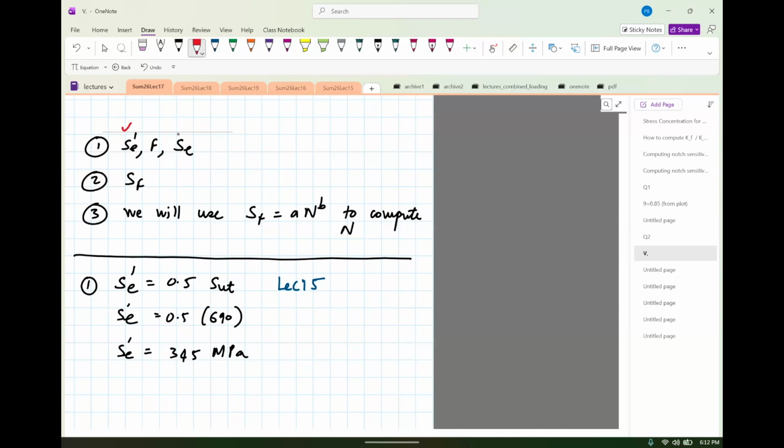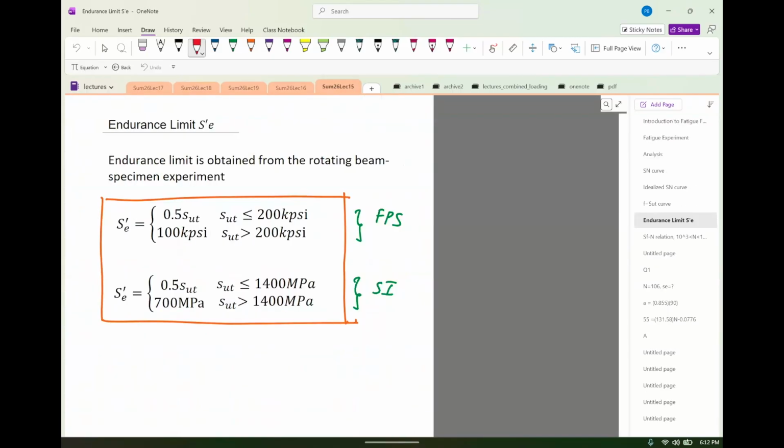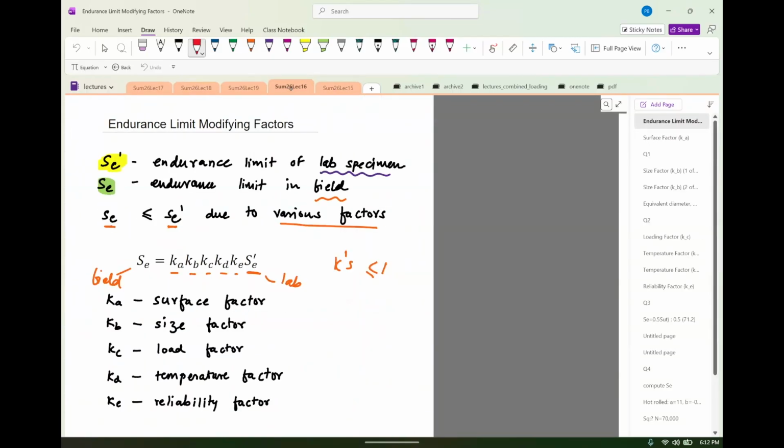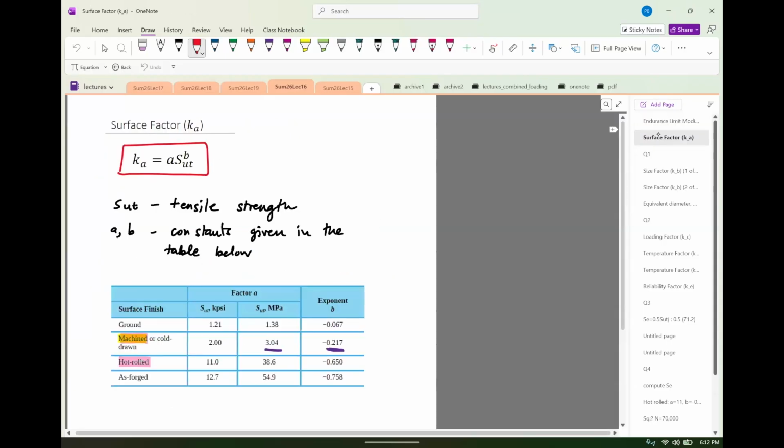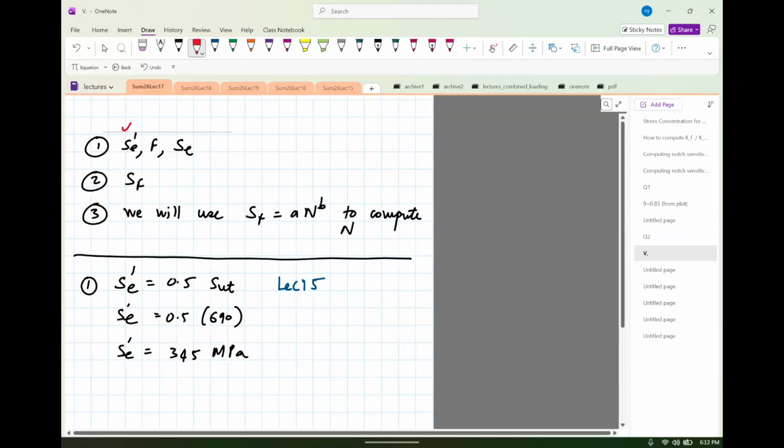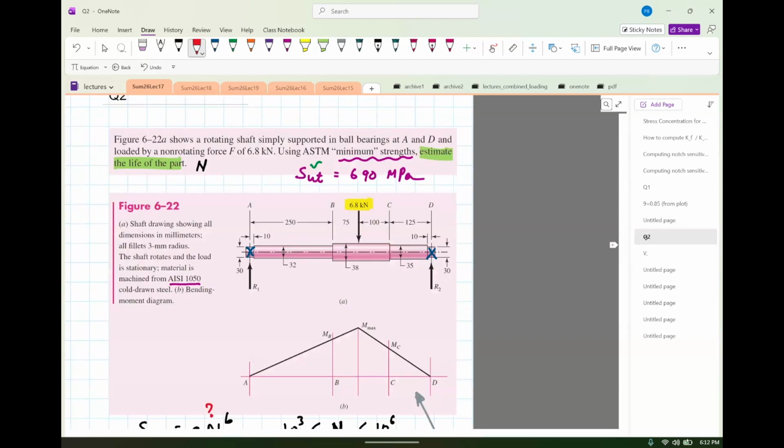How about we compute SE? Since we had already computed SE prime, we have these factors which modify the endurance. They are Ka, Kb, Kc, Kd, and Ke: surface factor, size factor, load factor, and so on. What we'll try to do is see in the language of the problem if we can find a surface factor. What is a surface factor? It basically is related to the surface finish. So going back to this problem, we try to,